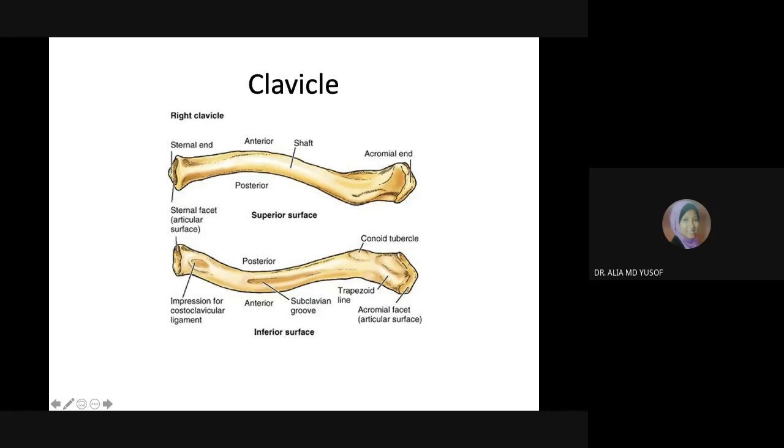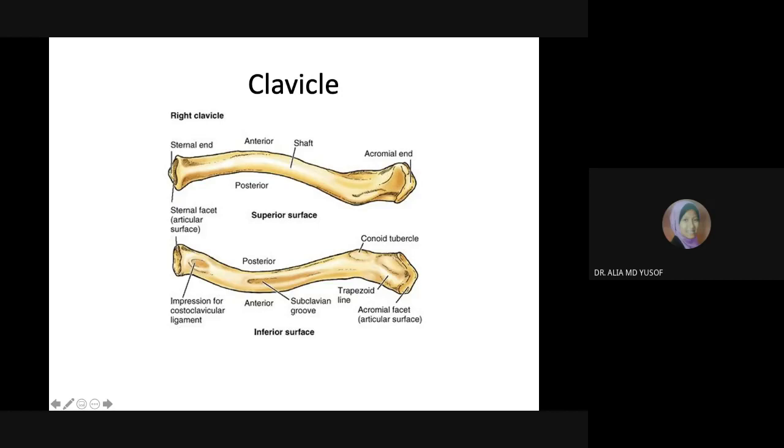The clavicle is an S-shaped bone, okay? Dia ada dua hujung, dua hujung. The medial end is what we call the sternal end. Medial end is sternal end, and the lateral end is the acromial end. Okay. If you notice, tengok nama dia